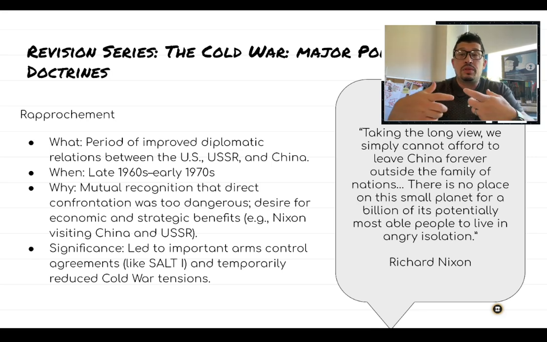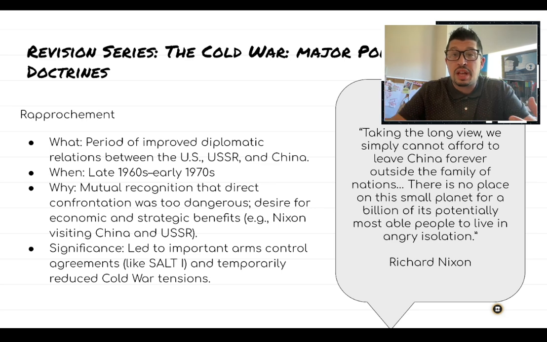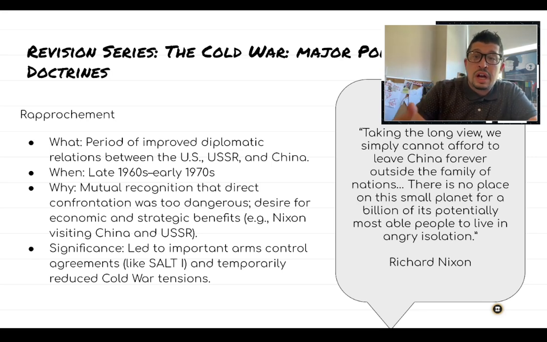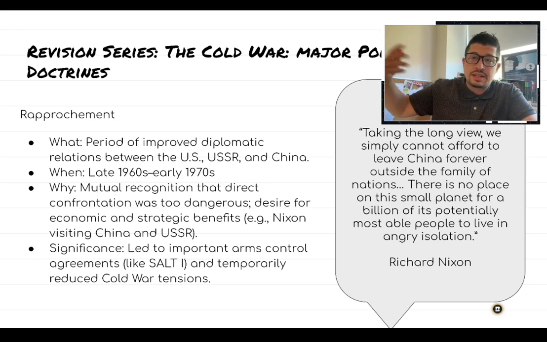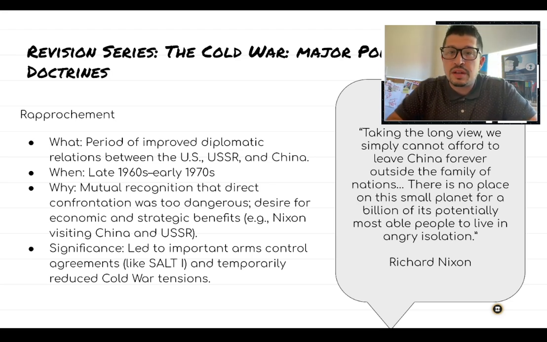One of the big examples that we see rapprochement come into play is the end of the Vietnam War, right? Nixon wanted to use this triangle diplomacy. That's another way to call it, triangle diplomacy. He wanted to use it to get a favorable end to the Vietnam War, which in 1973 he kind of did, right? So rapprochement was a pretty solid way about Cold War politics during that détente time period. It's not until after Watergate that all of that stuff in Vietnam kind of unravels. So again, that's a story for another video. Maybe some point next year I do that, but that's rapprochement.